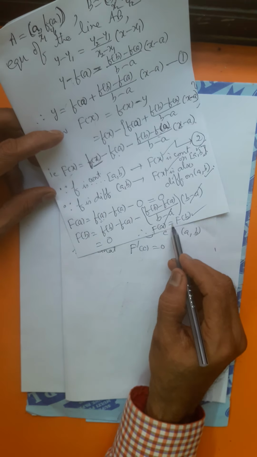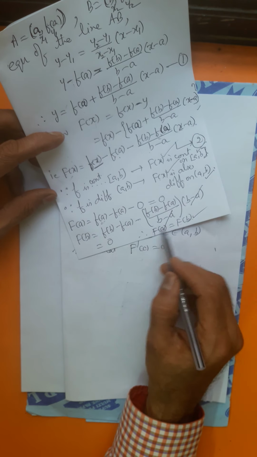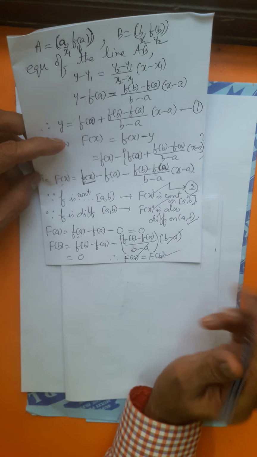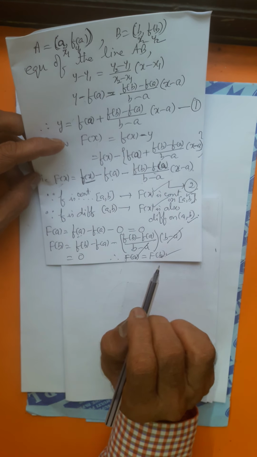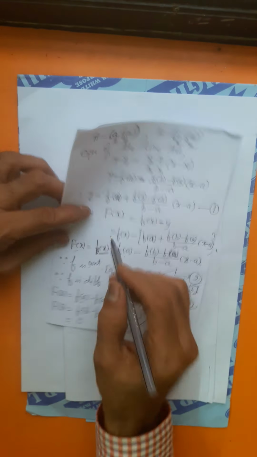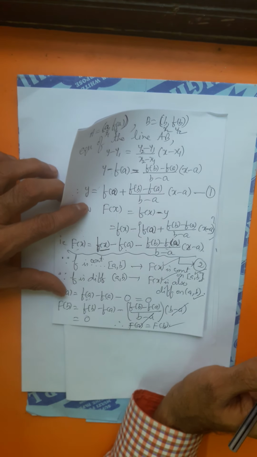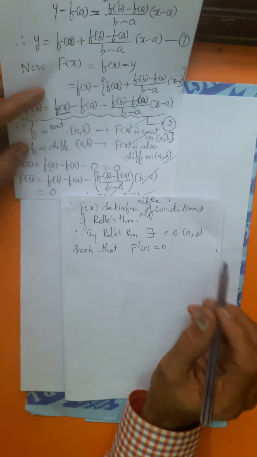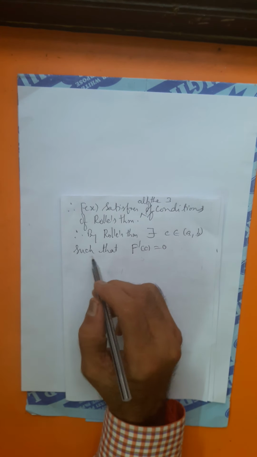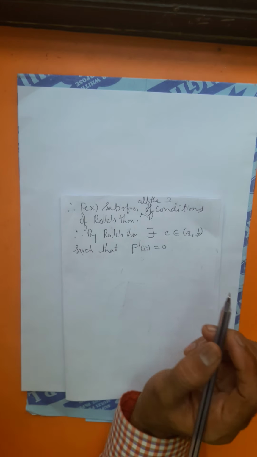Capital F of A equals capital F of B, and the end point values are equal. All three conditions of the hypothesis of Rolle's theorem are satisfied, and hence Rolle's theorem is applicable for the function capital F of x. So there exists some number C belonging to the open interval AB such that F dash C is 0. F dash C is the derivative of